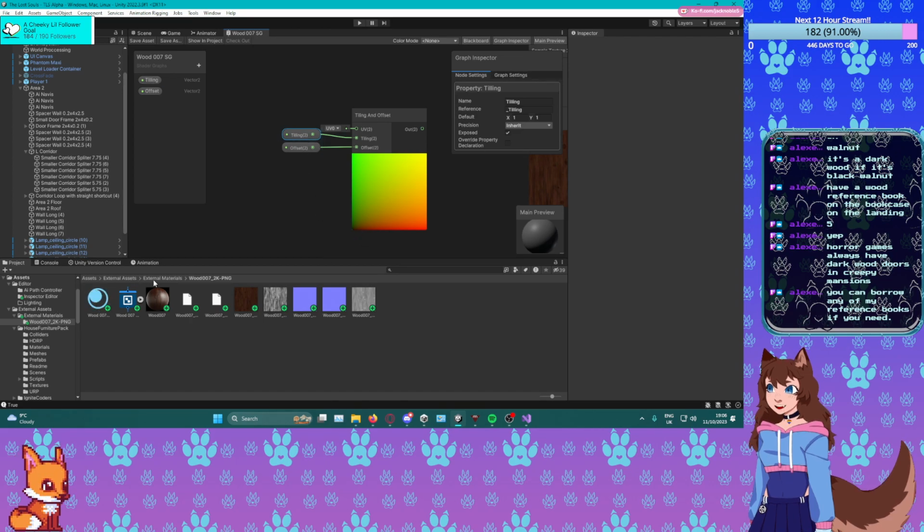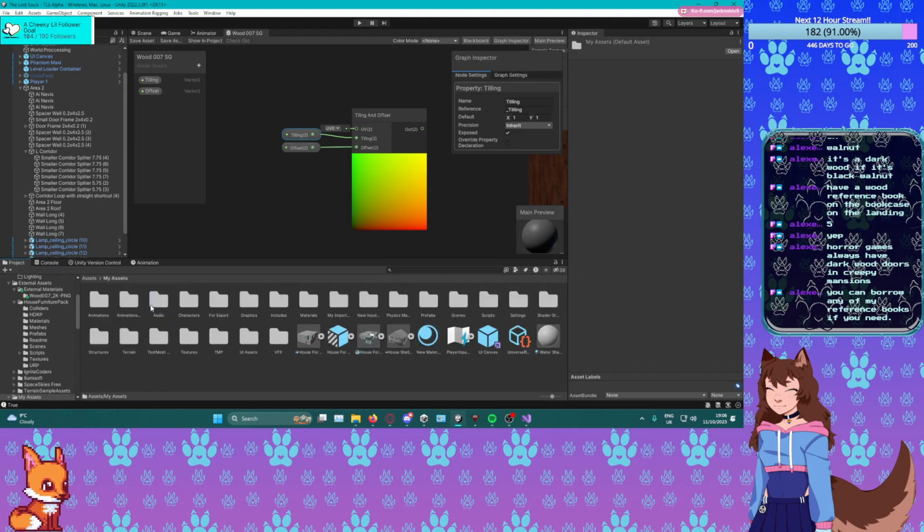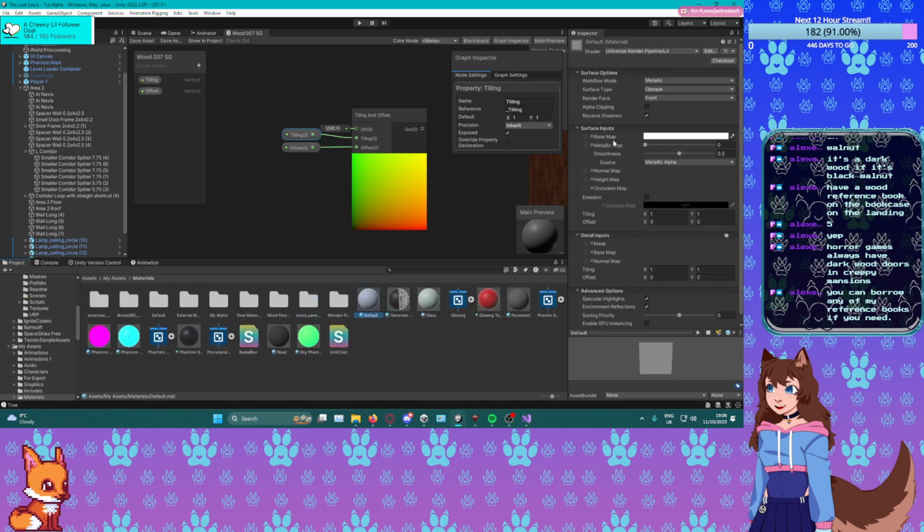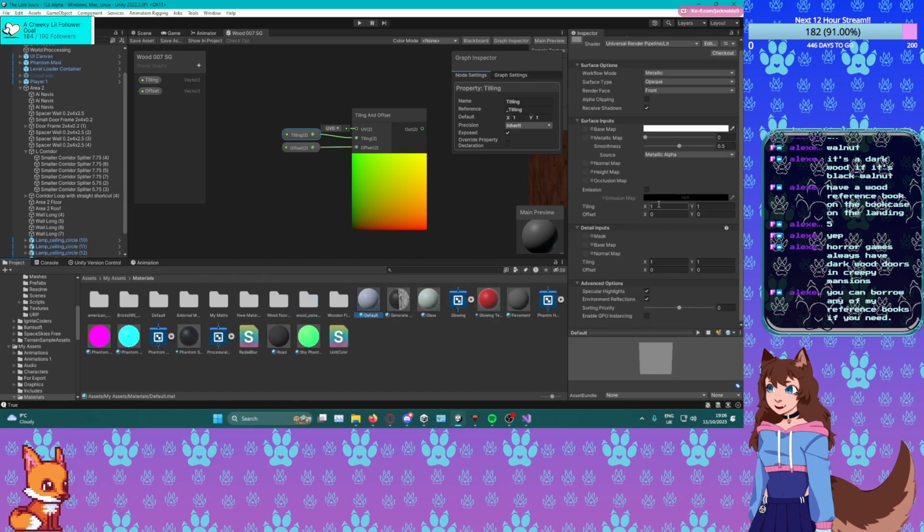So yeah, if I go over to a normal material, for you guys, I know I have one, it's just a matter of finding them. This is tiling and offset here. Tiling obviously is the scale of the wood. Offset is like you moving it across the surface. So the advantage of setting this up like this is that you can create multiple materials with the shader graph slapped in, and then because this is a shader, not a material,